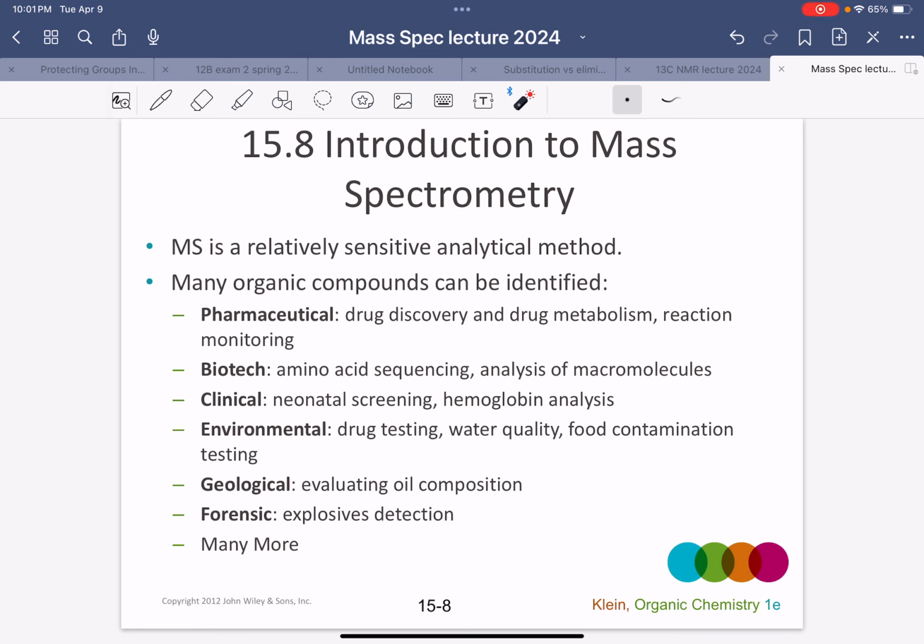It's used in the pharmaceutical industry, in biotech, for amino acid sequencing, and actually analyzing proteins, larger macromolecules. It can be used in clinical and environmental sensing, and even forensics, detecting explosives. If you ever watch NCIS, they talk about, in the lab, running something through the mass spec. And that's sort of what you would do. All right, so there are quite a variety of uses, and one of them is just the simple identification of